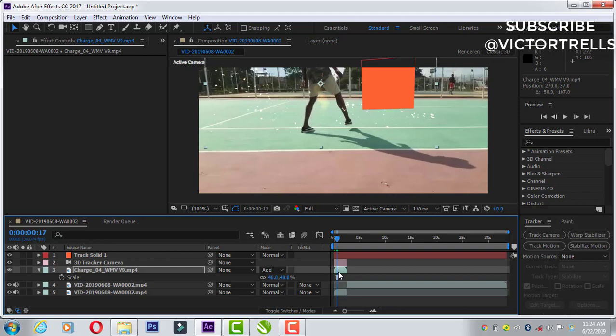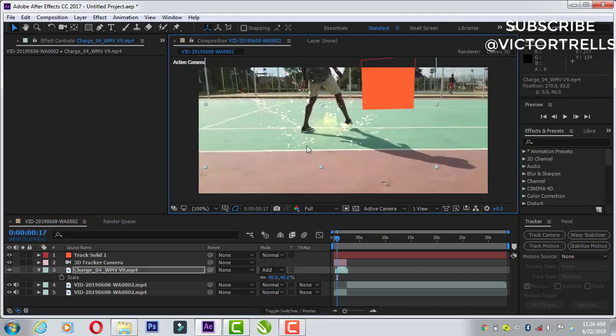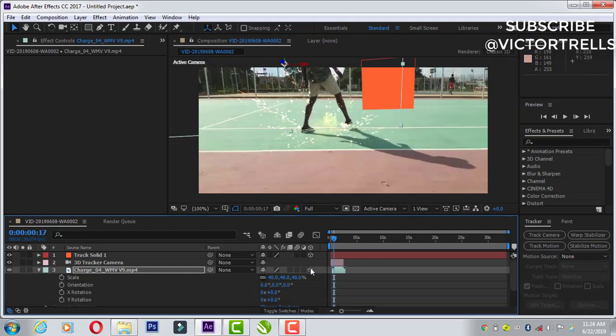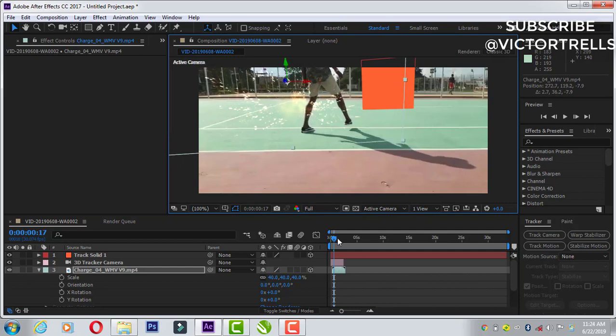I think let me just extend this to the beginning. I think it should be here. You need to make it a 3D layer. Toggle your switch on and then select this to make it a 3D layer. Now it's a 3D layer. Now watch what happens. If I play this back now,